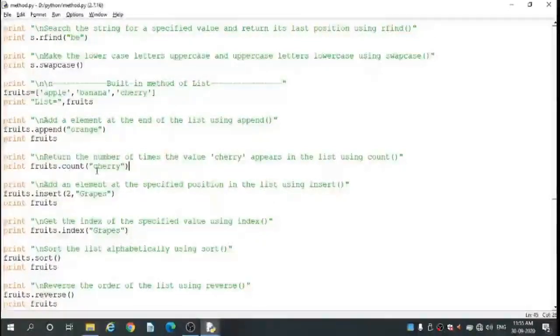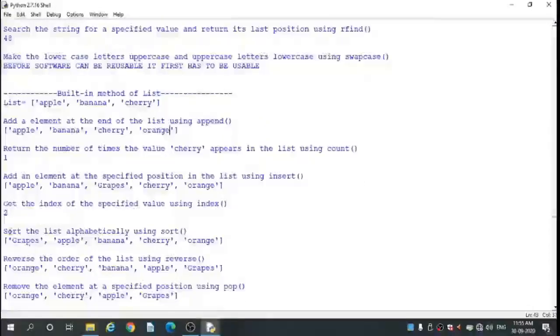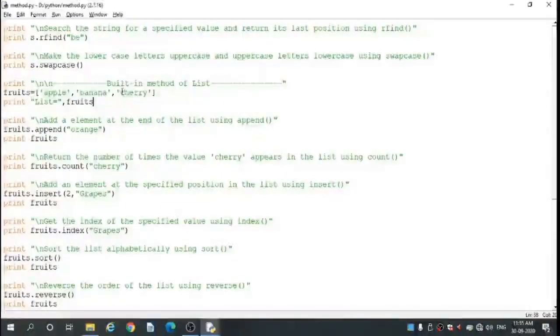So here check the output. Only one time the cherry is repeated. So here check the list, here cherry is there. So here only one time it is repeated.